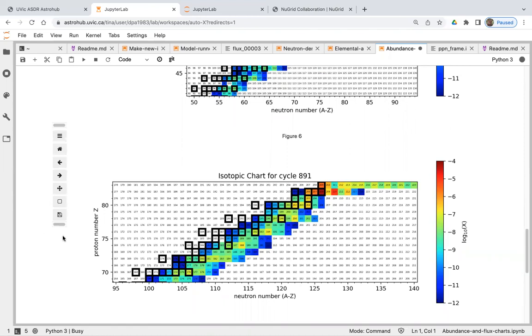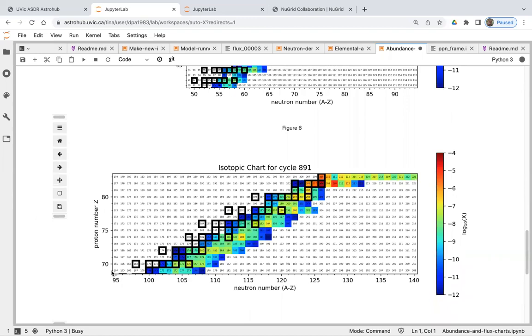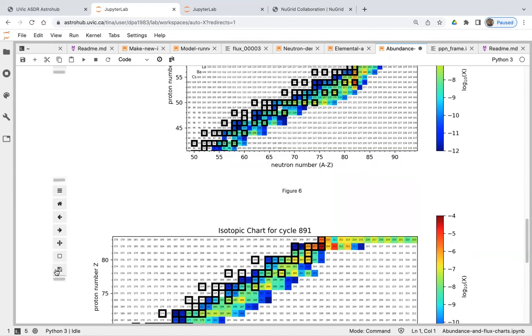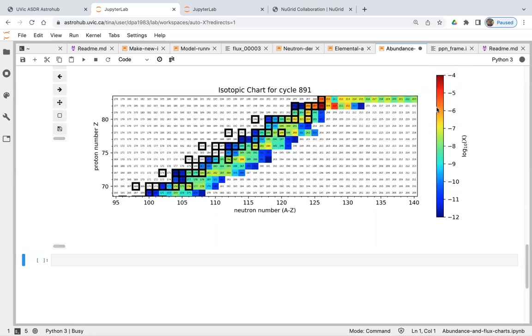So you can see we have two isotopic abundance chart plots. Okay, there are two because they correspond to different proton numbers. You can see in the top panel, proton number goes from around 40 to 70. In the bottom, it goes from around 70 to 85. Okay, let me show you this bottom plot. It shows, with the color according to this color bar, the decimal logarithm of mass fractions x. Red corresponds to approximately mass fraction 10 to the minus 4, which is quite high